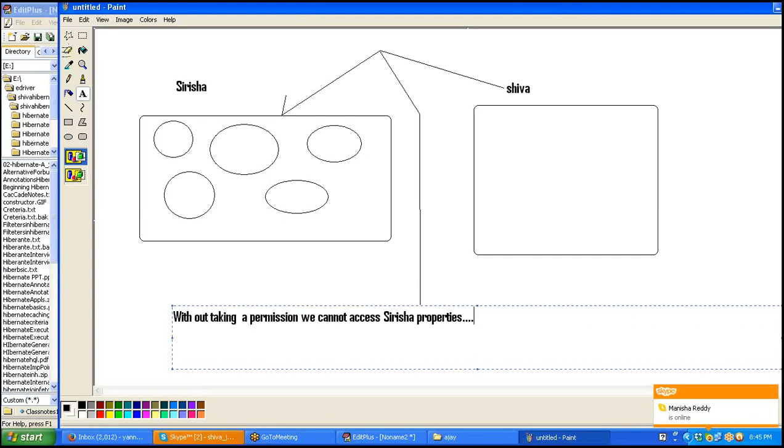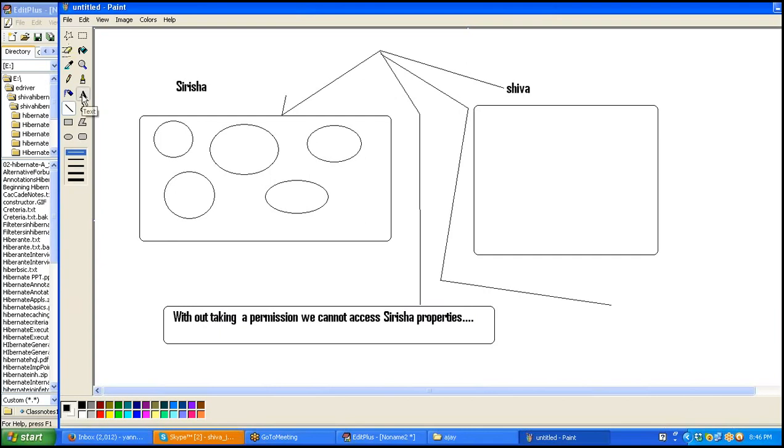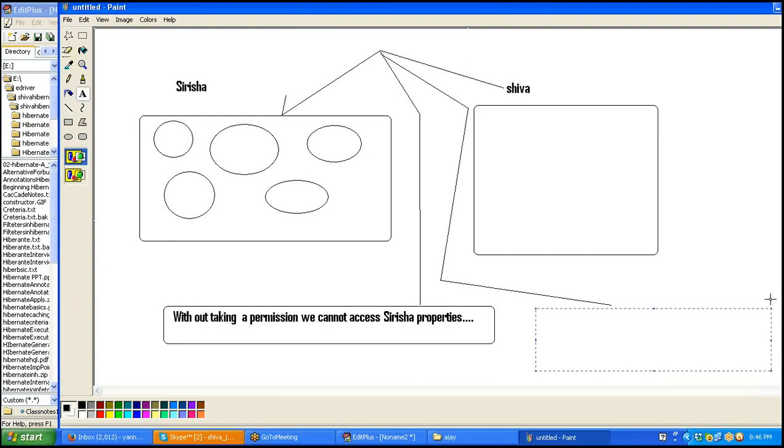Try to understand. Without taking permission, we cannot access Sirisha's properties. Once we take the permission, then we can access. But if you make a relation with Sirisha, then yes, we can access. Once we make a relation with Sirisha, we can access